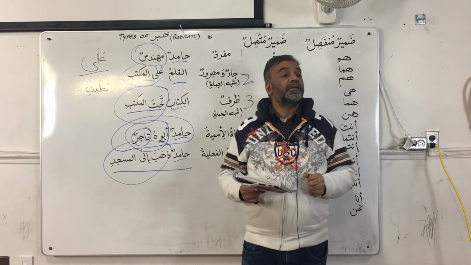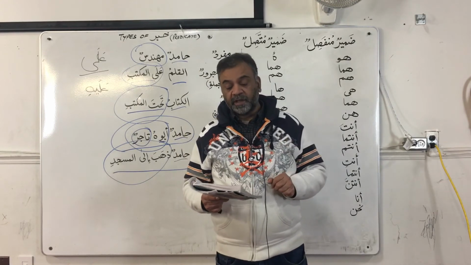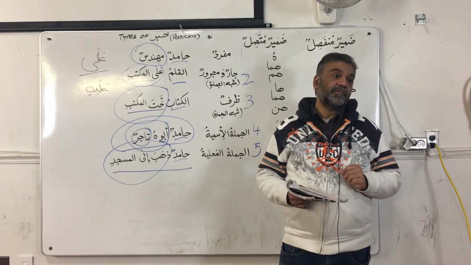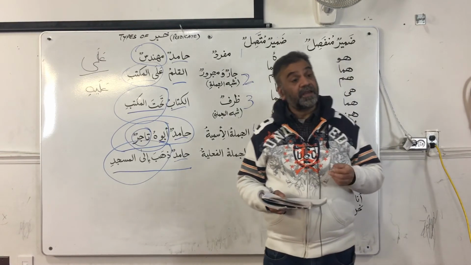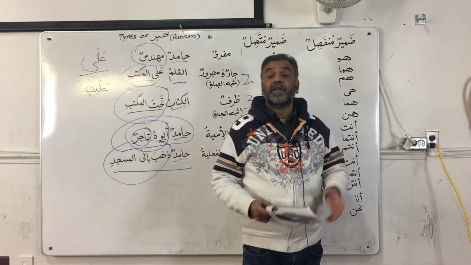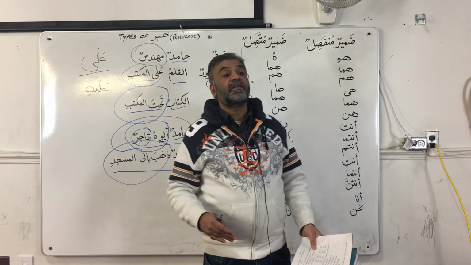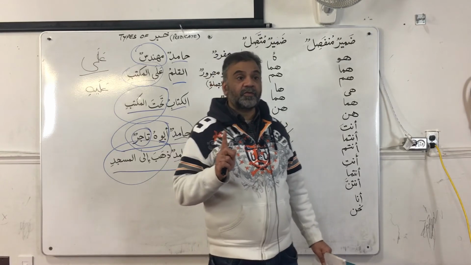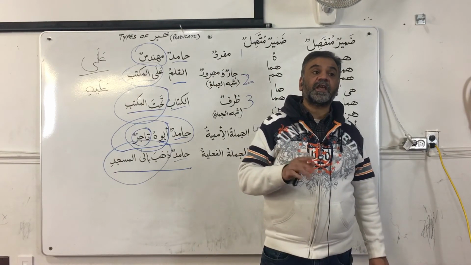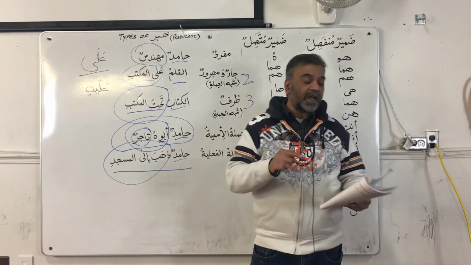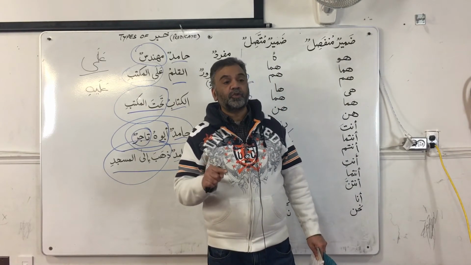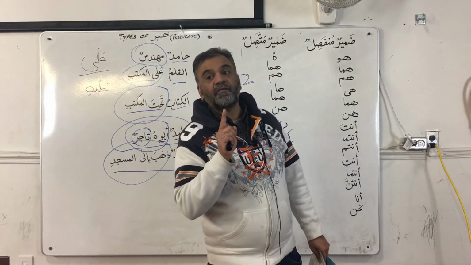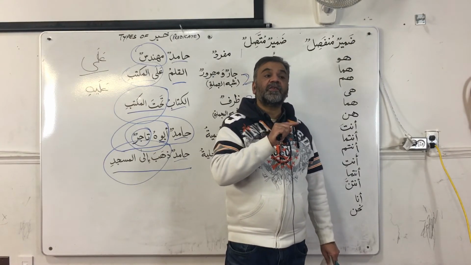Number 4, man ma'aka ya Ali, who is with you, O Ali? The answer is ma'i, with me, zamili, my class fellow, right? Ma'i, with me, my. Now ma'i, what is the compound here? Zarf mudaf alayh. Is this a mubtada? No. Remember, jarun wa majrurun is shibu zarf, and then mudaf alayh can never be a mubtada. So here we say ma'i, zarf mudaf alayh, shibu jumla khabar muqaddam, and zamilu is your mubtada, wa huwa mudaf, and ya mutakallim is your mudaf alayh.